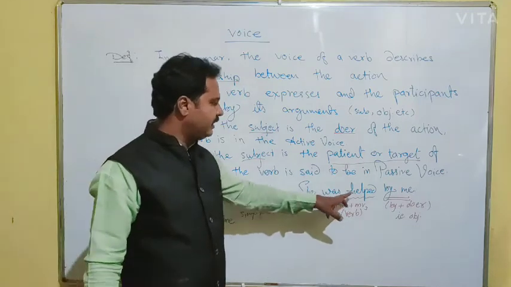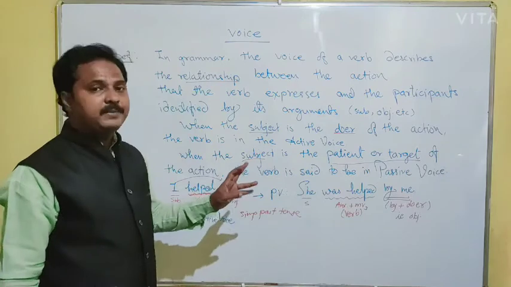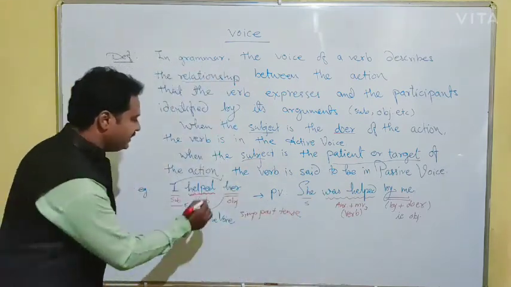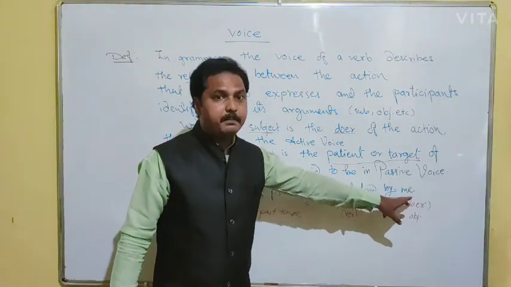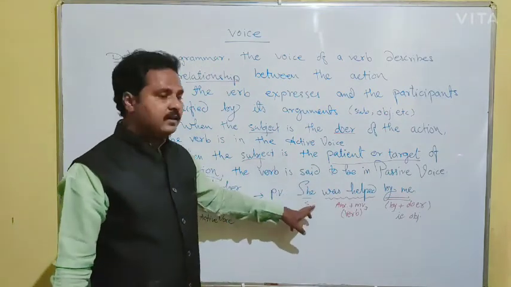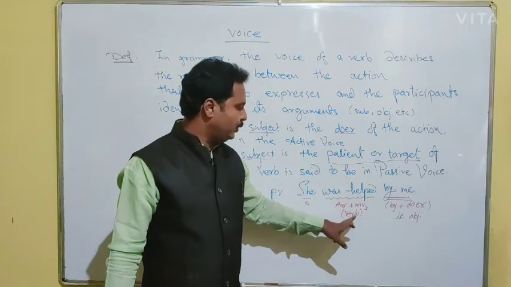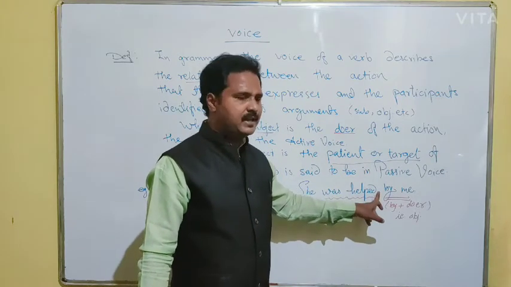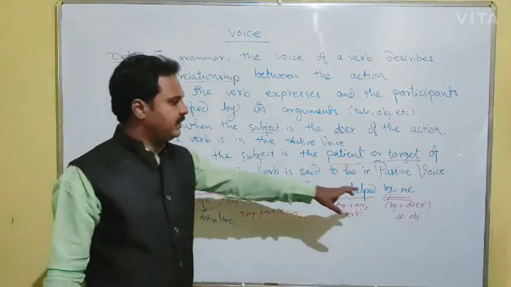That's why we use here auxiliary verb plus main verb third form. Help's third form is helped. So here, she was helped by me. Here you can see the object she comes here as a subject. Then auxiliary verb plus main verb third form, that is was helped. And if there is another verb, put it here. Otherwise, by plus the doer, that is I, comes here as me.